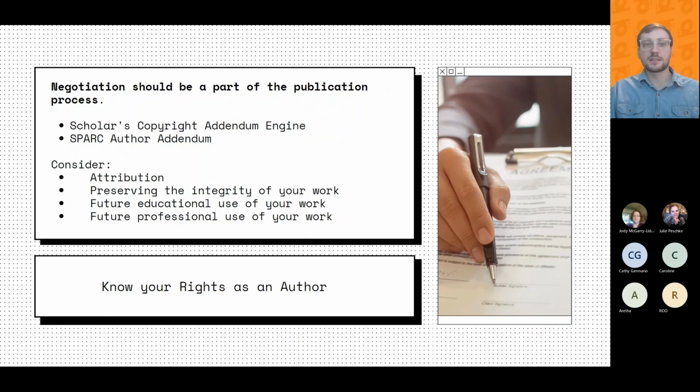We have the Scholar's Copyright Addendum engine. It actually generates one for you. It generates a PDF form that you can attach to the copyright agreement, and it hopefully will let you retain certain rights. I'm going to pop that in the chat.